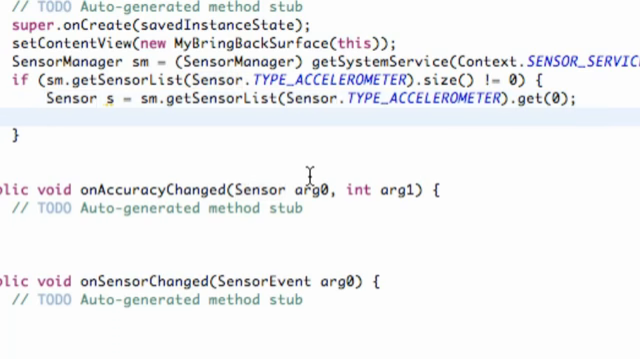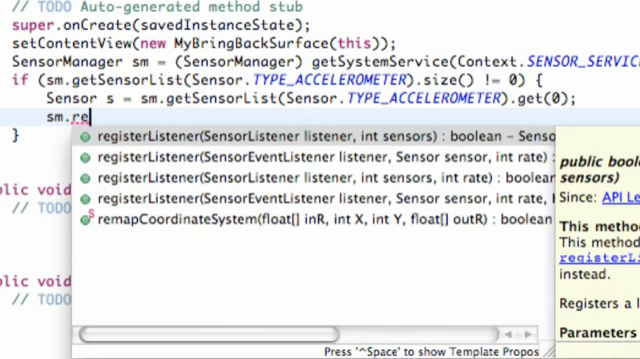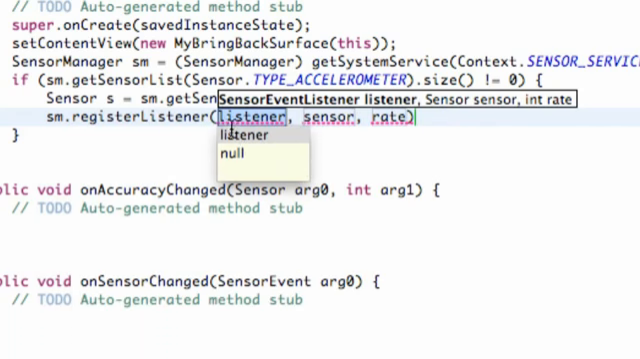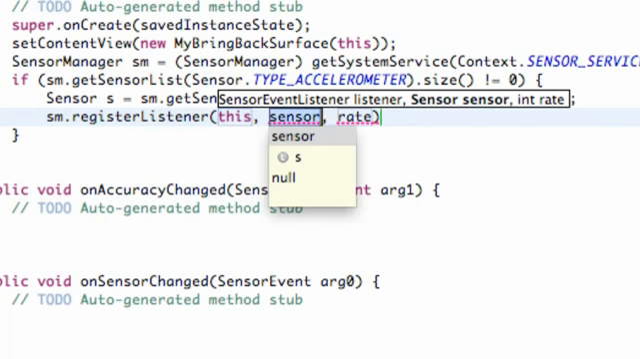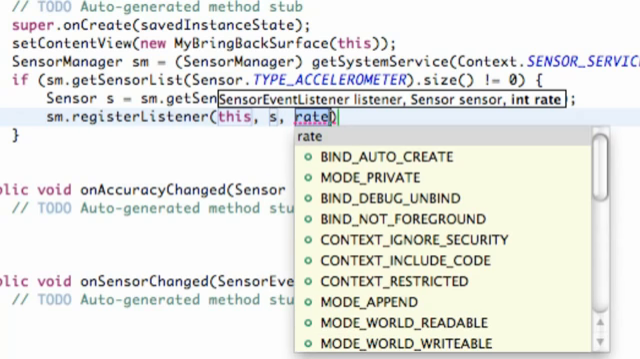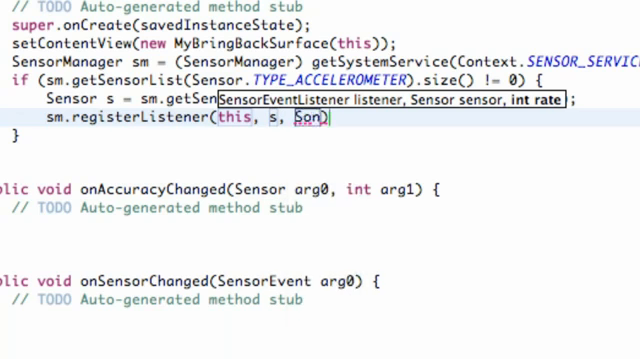So now we're going to register our sensor and our manager and all that stuff. We're going to refer to our sensor manager, and then we're just going to say registerListener, and we're going to choose the second option here, where we take a sensor event listener, a sensor, and an int for the rate. So for our listener, we're going to set this equal to the context of this, and for our sensor, we're going to refer to the sensor we just set up as S, and for our rate, we can refer to the SensorManager class,